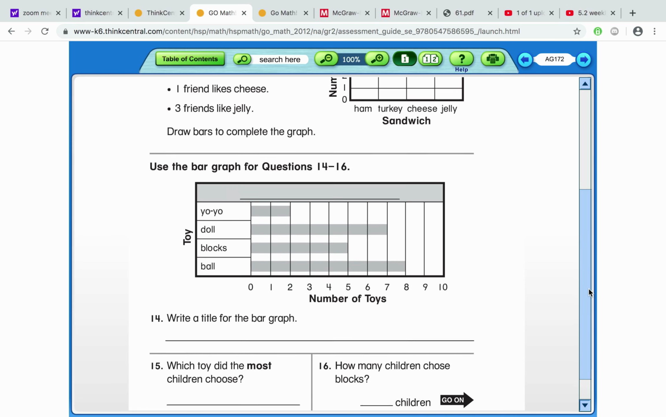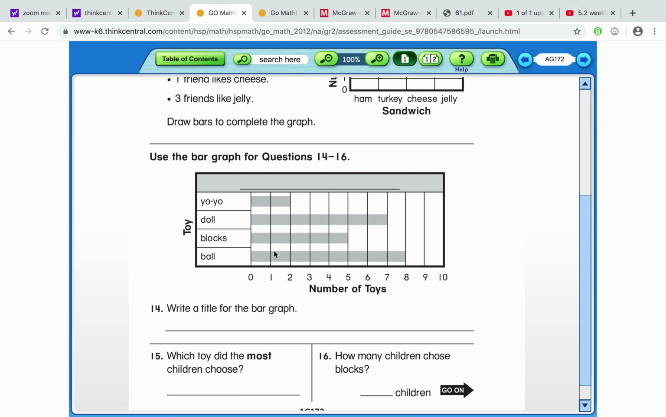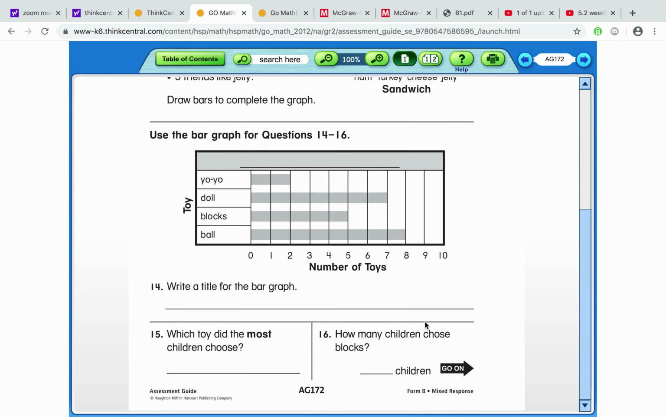Here's another bar graph. This one is horizontal, side to side with its data. We're going to use this bar graph for questions 14 through 16. We're going to write a title for this bar graph, and that can be a little difficult. That's why I kept encouraging everybody, make sure you get your titles and labels in there. It's going to come up on the test. And it's probably one of the harder parts of this